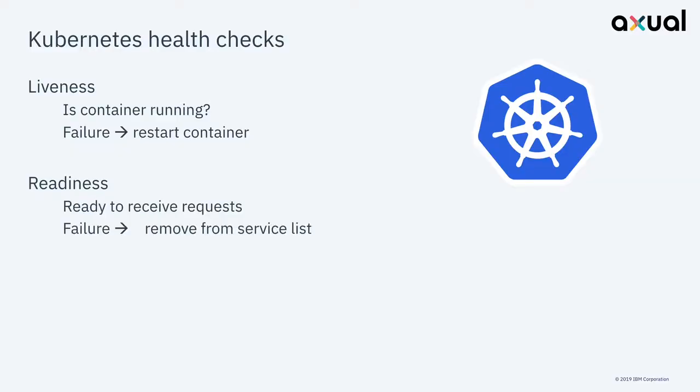The second one is readiness, and this is when is your application ready to receive requests? This comes back to where Kubernetes handles some of the routing. I said you have this service that's routing to the different pods. Well, if your readiness check is failing, Kubernetes will remove that pod from the list that it's routing to. So even if your liveness check is passing and your container is running and absolutely fine, if your readiness is failing, Kubernetes will never route you to it.